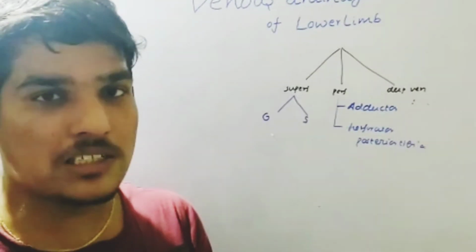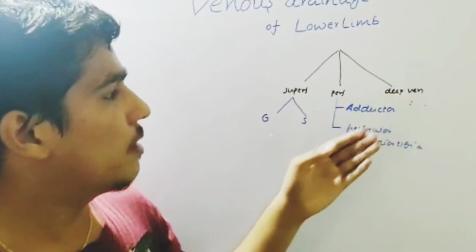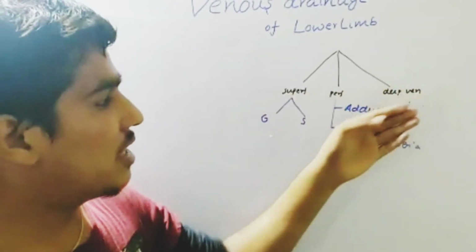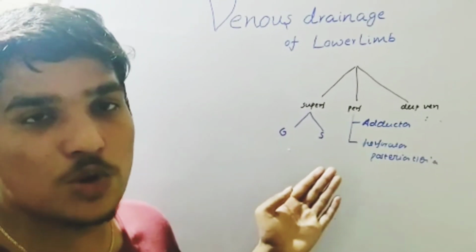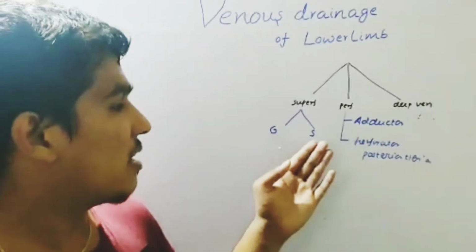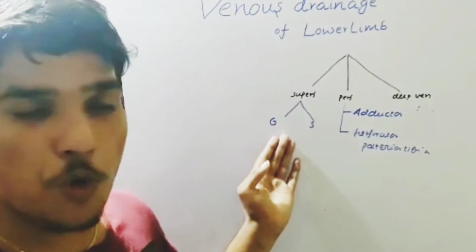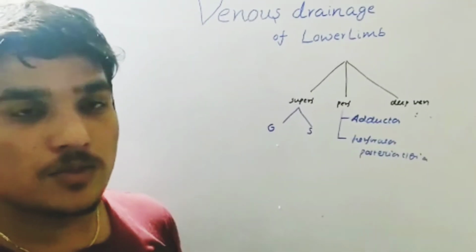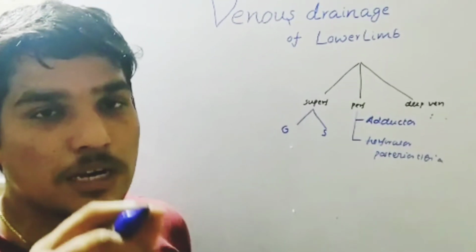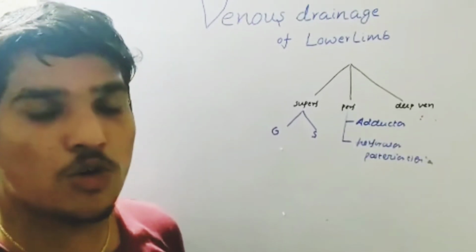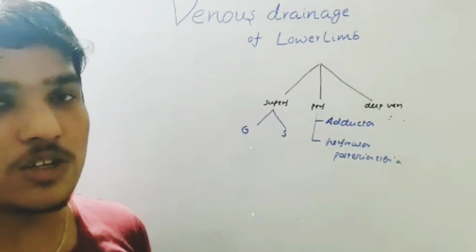I will once summarize this topic for you. You are going to see three systems, that is the superficial, perforator and deep. You are going to see how each and everything is organized. The superficial system consists of greater and smaller saphenous vein. Greater saphenous vein is going to arise from the medial side of a dorsal venous arc, and the smaller saphenous vein is going to arise from a lateral side of a dorsal venous arc, and greater saphenous vein is going to open into the greater saphenous opening, which is present in the deep fascia of a femoral triangle. That means it should travel towards the medial side, and smaller saphenous vein is going to open into the popliteal vein. That means it should travel through the posterior region of a leg, and it should open into the